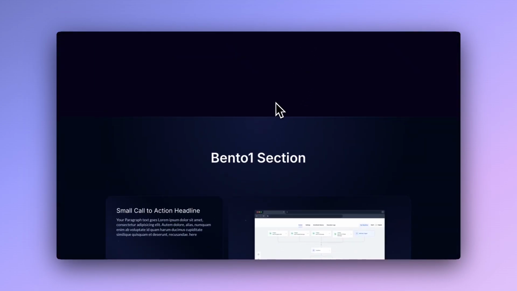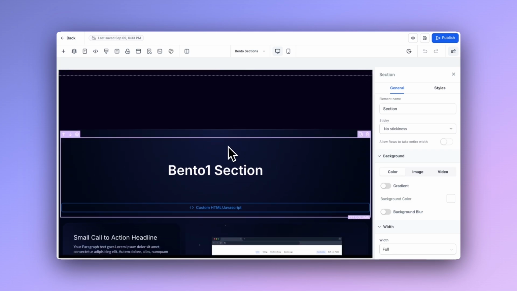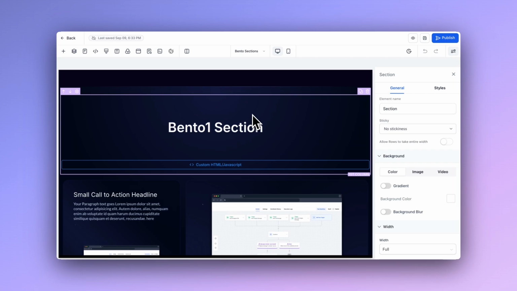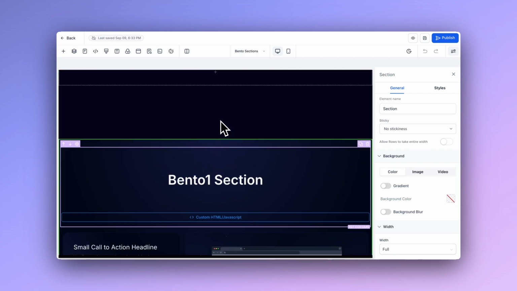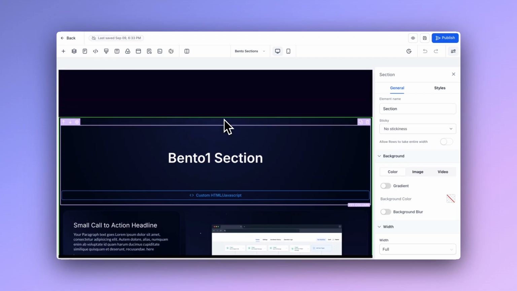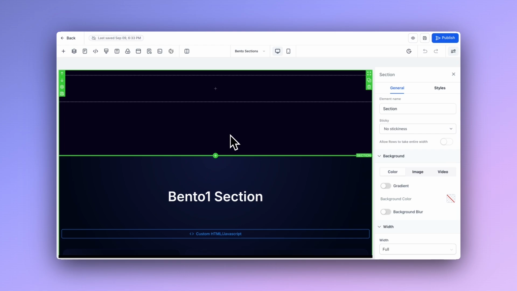Let me just hop into the Go High Level website builder here and show you exactly what goes into creating such sections and why they are so valuable. So this is the section, Bento 1 section, as the title says. So you might ask how you can use these sections. Well, when the product will be released, it's not released yet,